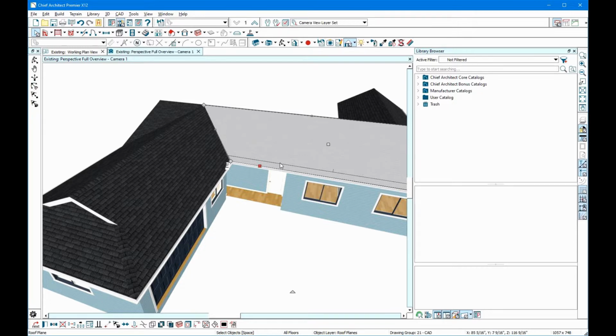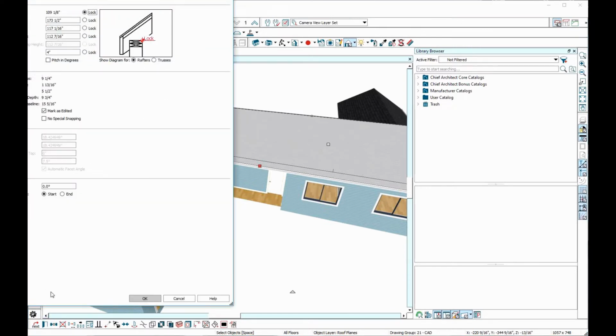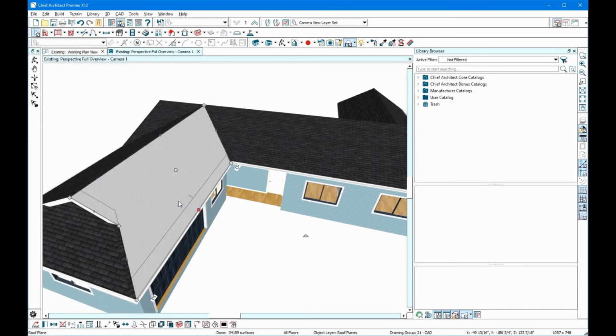So let's pick this as the reference, and this can be different depending on whatever project you're working on. So we'll open that one up, lock the pitch if we were going to change it, but copy the fascia top height there, and we will change